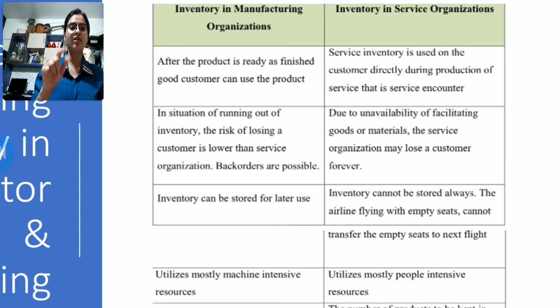All right. So here, I'll take an example. In case I have an order of Ethafoam, one of the items of my company, and if I have an order of 100 sheets, and I'm able to make only 50 for this month, and I say that my machine is under breakdown, it is under maintenance, I'm not able to supply you the remaining sheets this month, so I can keep it as a back order, definitely, and the customer is not going to run away from me. He will wait for the next month, definitely.